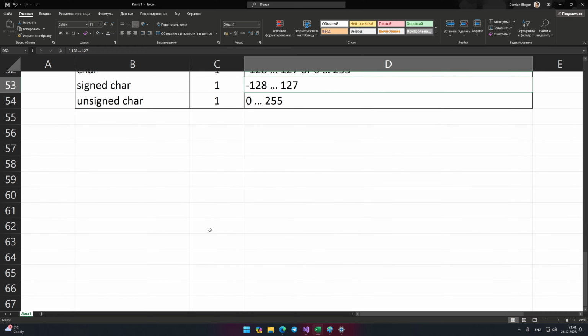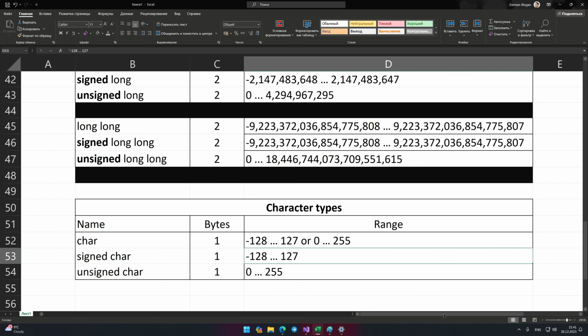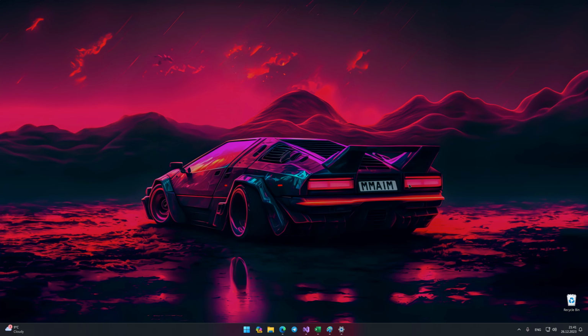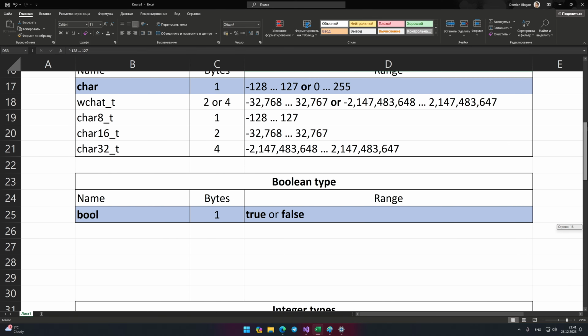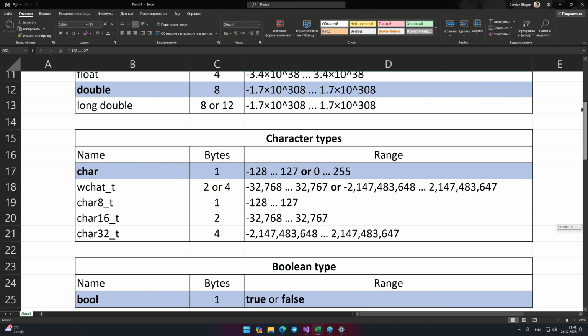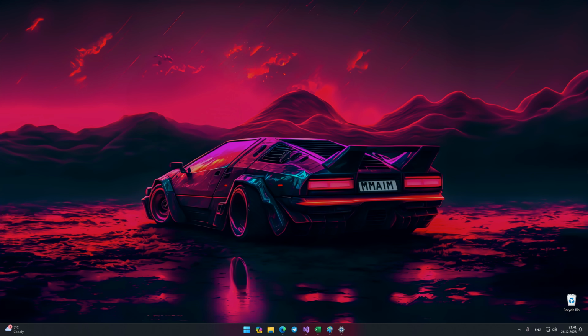Okay, let's end the lesson by telling you something else. I showed you the standard data types. Standard. This means that they are basic, fundamental to the C++ language. But from them, you can create other data types, such as enumerations, structures, classes, bit fields, and they are already called user-defined data types, or just user data types, because you, as a user of the C++ language, create them yourself. In reality, there are just combinations of standard data types. We'll study each of them in detail in separate lessons.